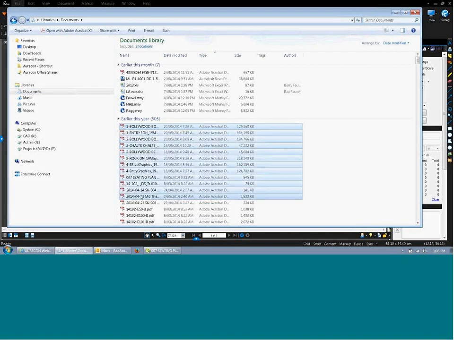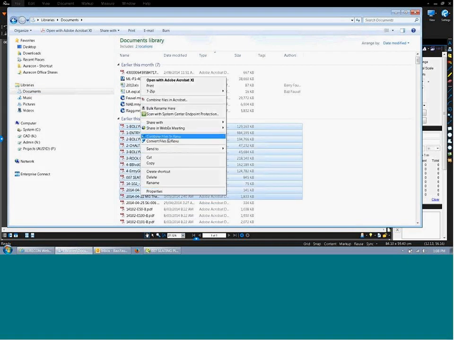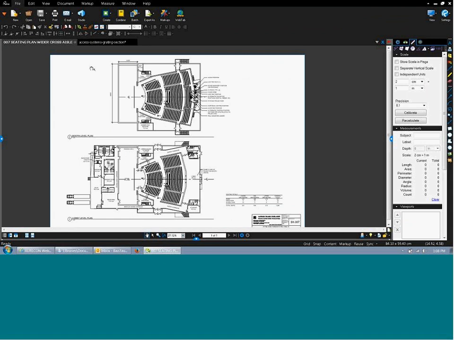So I've selected a few of these. Right click. I can actually find files in review. Or just do it in review itself with the combined file. You've got some batch functions. So if you've got a couple of files open,